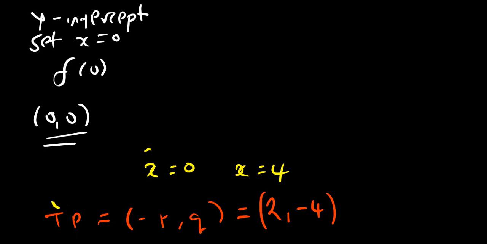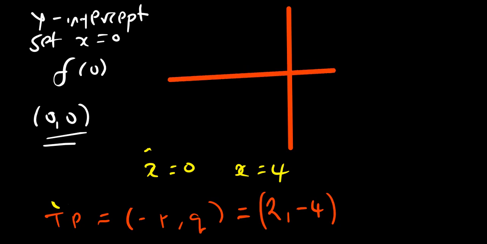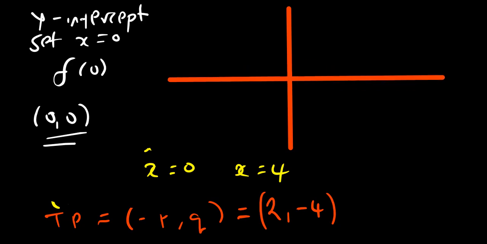It's not really drawn to scale though. Let's say this is our y-axis, and let's say this is our x-axis. Now what are we going to have? We've got points like